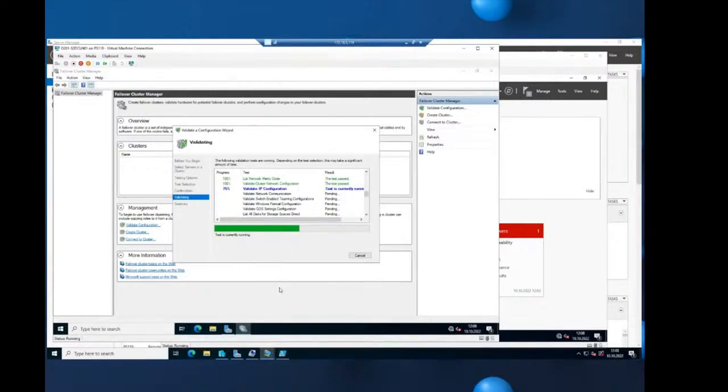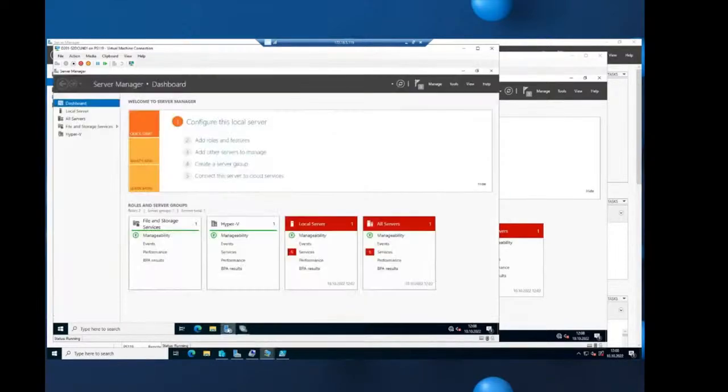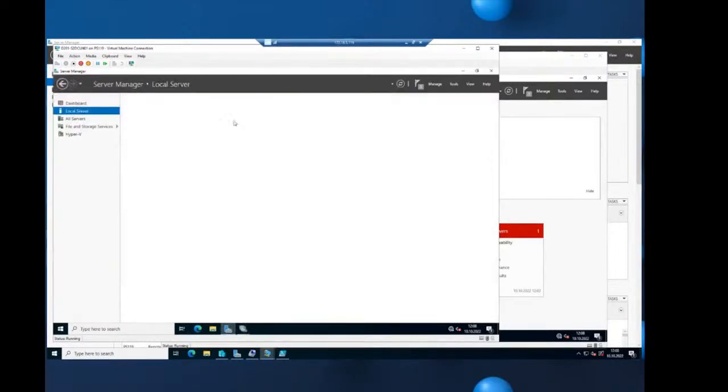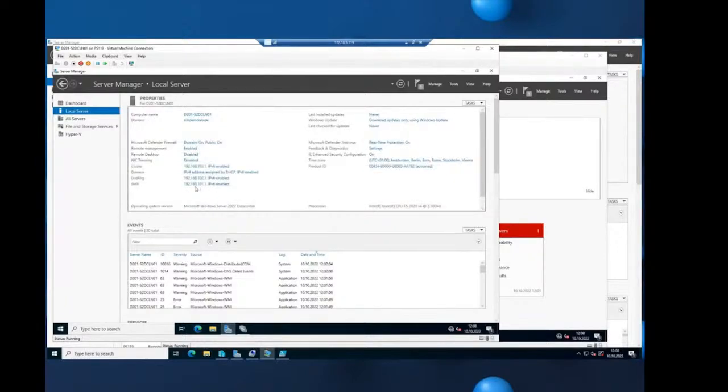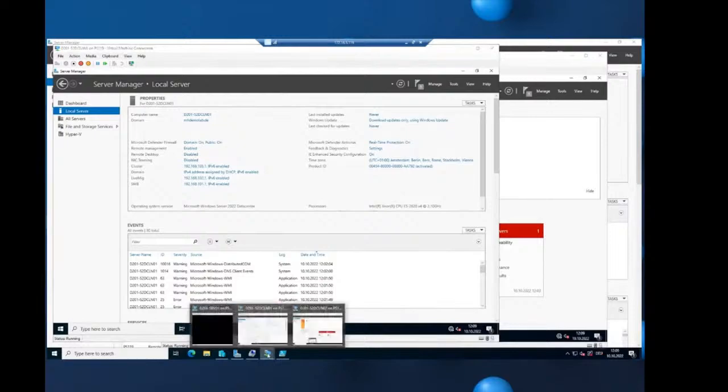Validating the IP configuration. Maybe I was talking a lot when I configured the machines. Maybe I had some typos in the network configuration. I'm not sure about this. We can check this while the test is running. So we have here the networks 101, 102, 103, and always the 1 here. And the domain network is via DHCP. On the second node,